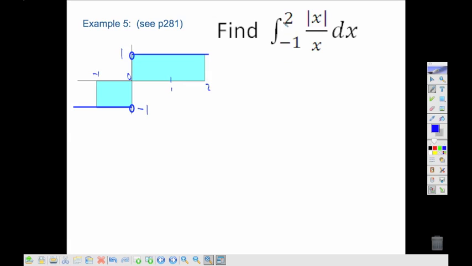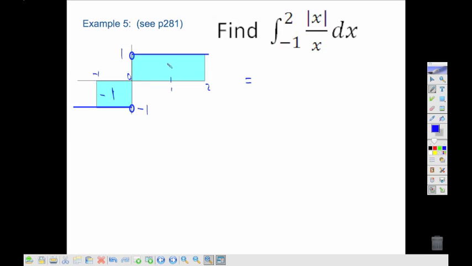In this problem, we're asked to find the integral going from -1 to 2 for the absolute value of x over x. Now notice, absolute value of x over x would be equal to either 1 if x is a positive number, but if x is a negative number, this part will say negative, and we would have a -1 for all negative values. So working this out, we are looking for the integral. There's nowhere on there that is asking for the area. We want the integral. So when I find my area, this part here has an area of 1,